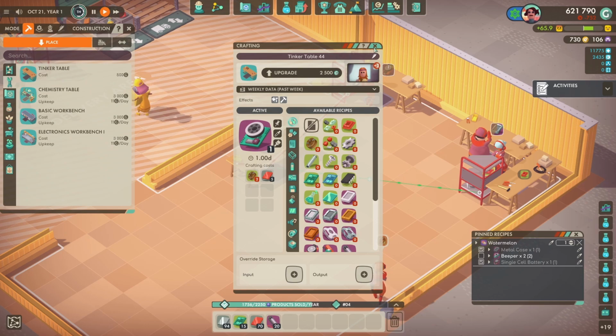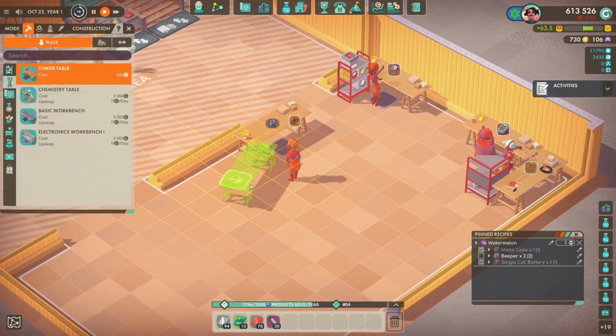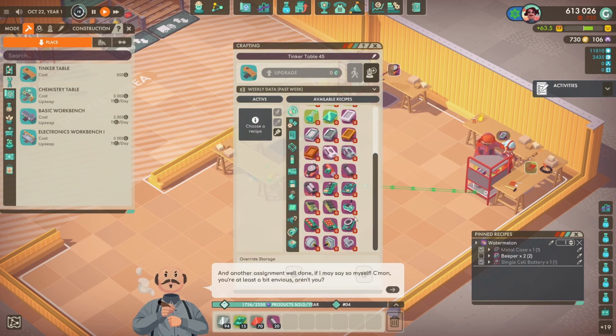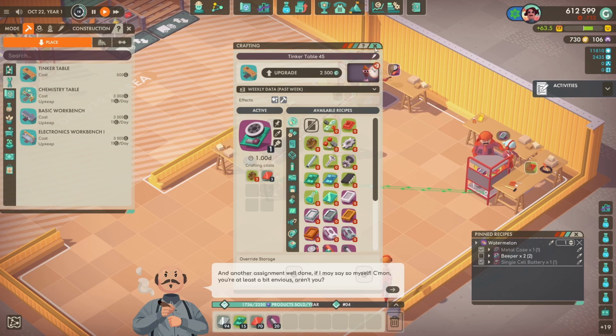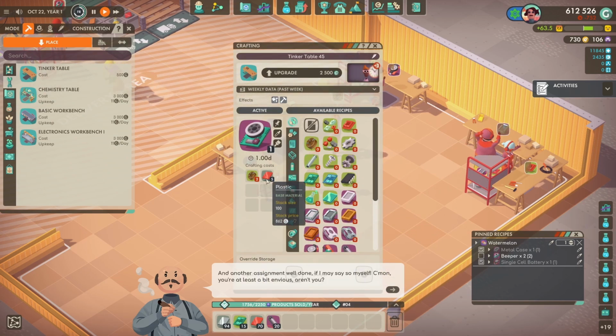There we go. Hire an employee as well. Move that slightly. And like I said, we're going to do 2 tables for the beeper because our product uses 2 beepers. So let's do that. And we need the coils and plastic. So coils again is a